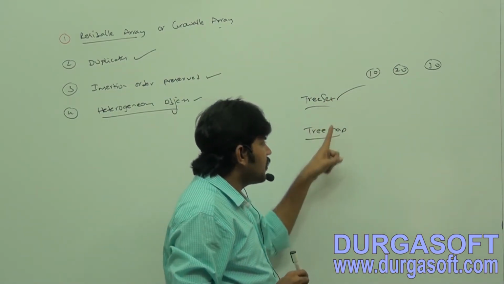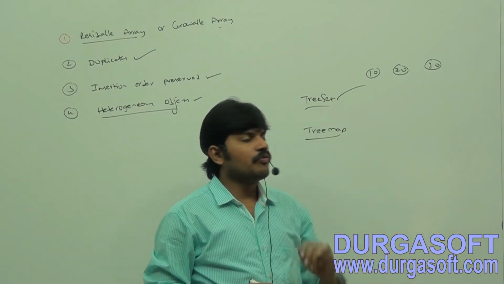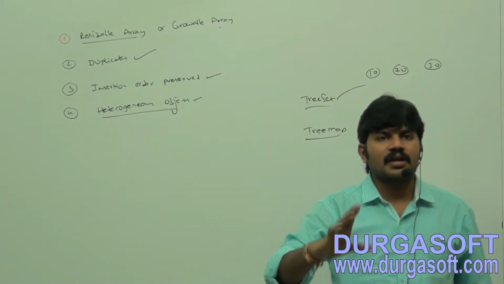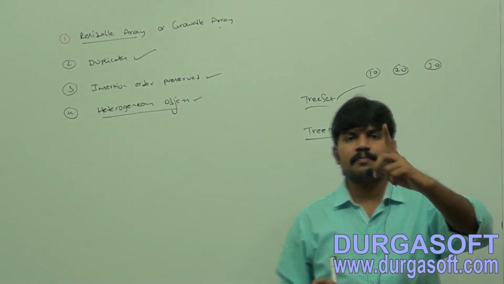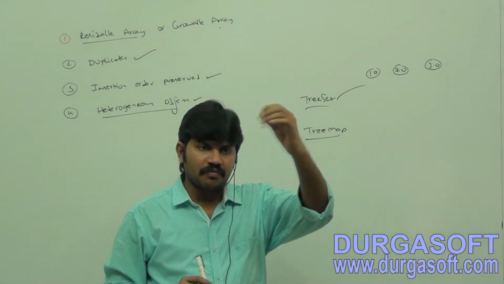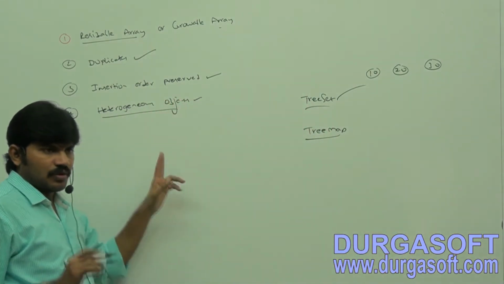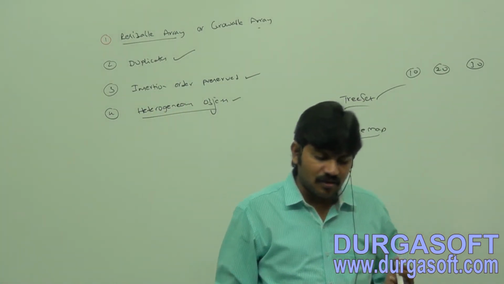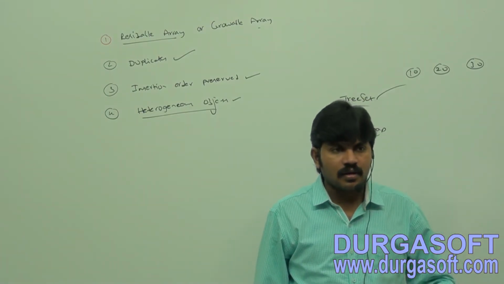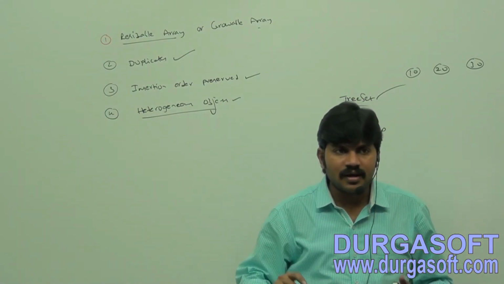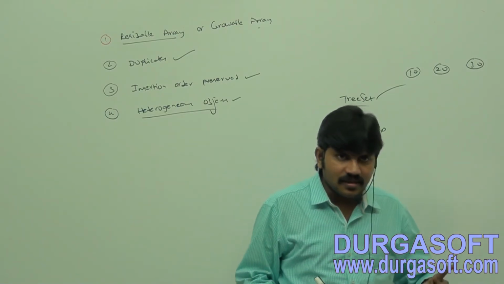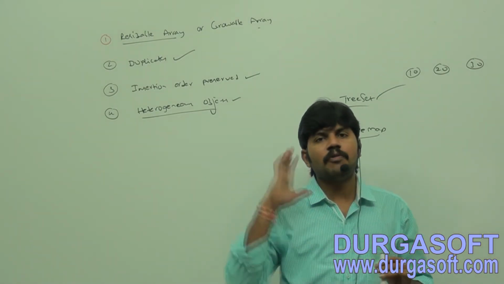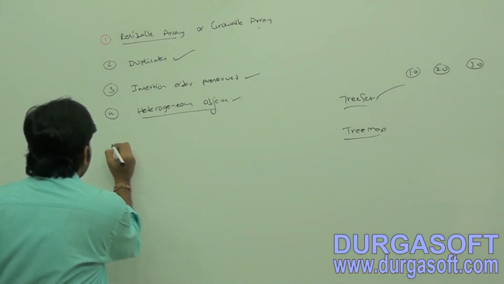But in all collections except these two, we are never going to compare. If comparison is not required, objects can be of different types, no problem at all. Except TreeSet and TreeMap, everywhere heterogeneous objects are allowed. Can you tell in LinkedList, heterogeneous objects are allowed or not? Allowed. HashSet allowed or not? Allowed. TreeSet allowed or not? Not allowed. Remember, except TreeSet and TreeMap, everywhere heterogeneous objects are allowed.